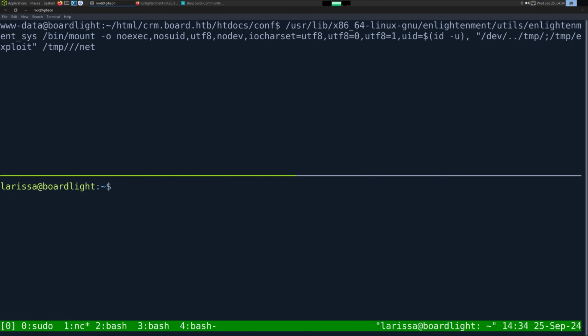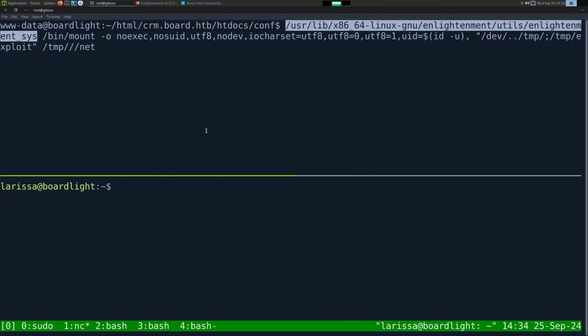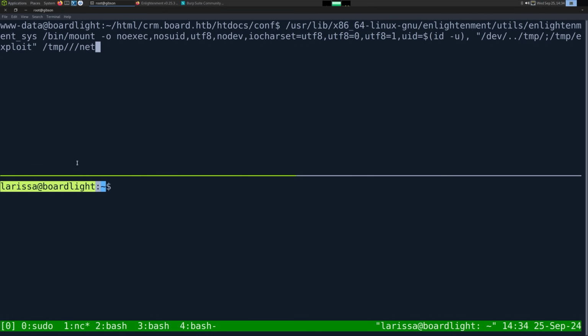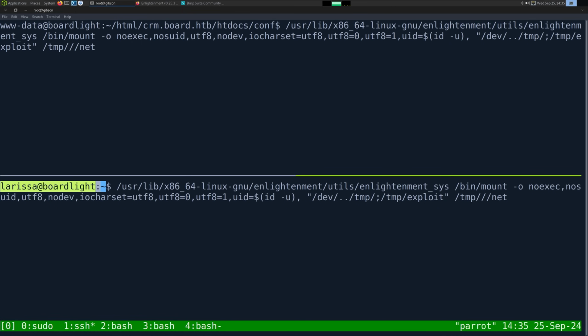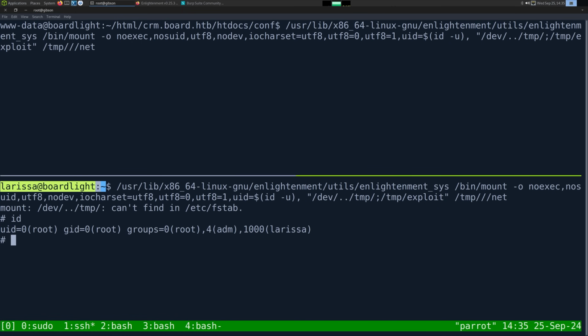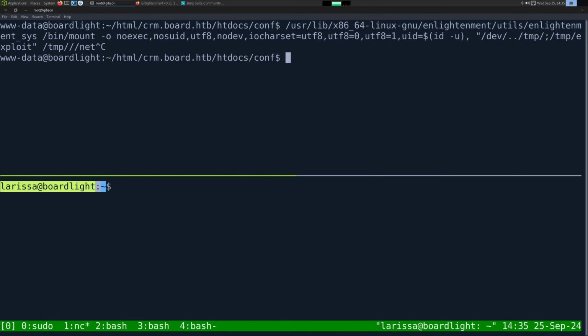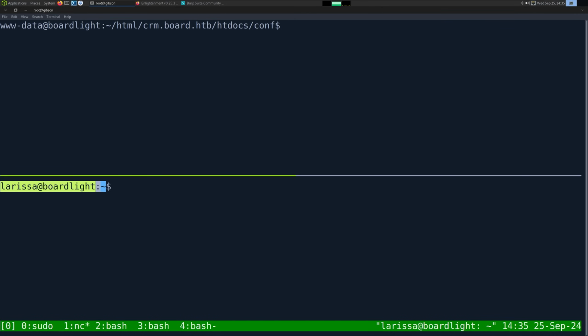So there's some type of logic inside of this binary that only allowed Larissa to execute it. Now, spoiler, it's going to be because Larissa is a member of the ADM group, but let's take a look at exactly how this exploit works, because this just isn't satisfying to me. Like, yay, I rooted the box, but I didn't understand how it worked. So I'm going to go down the whole journey of what I did picking apart this exploit so I could